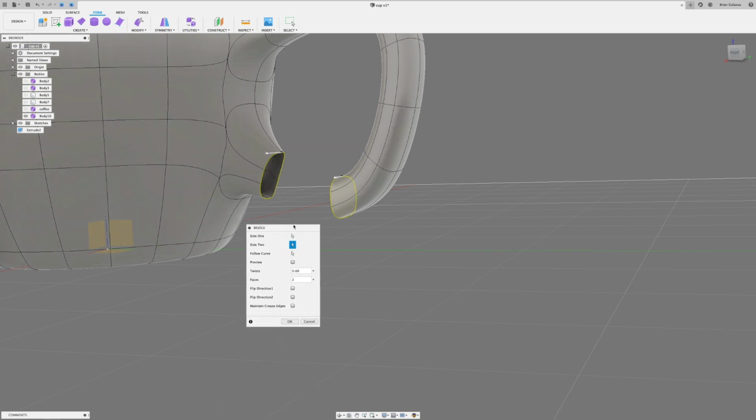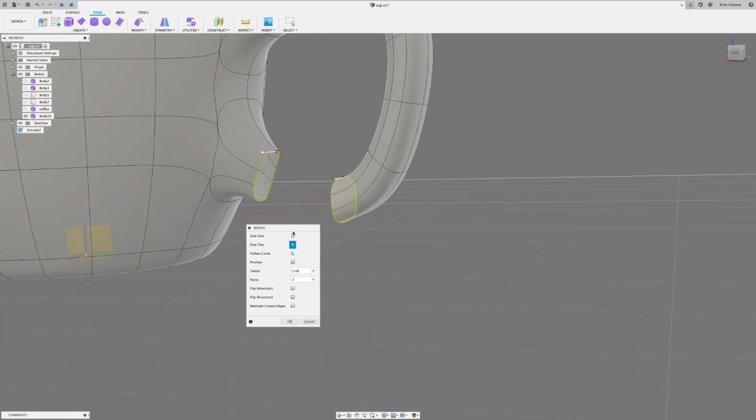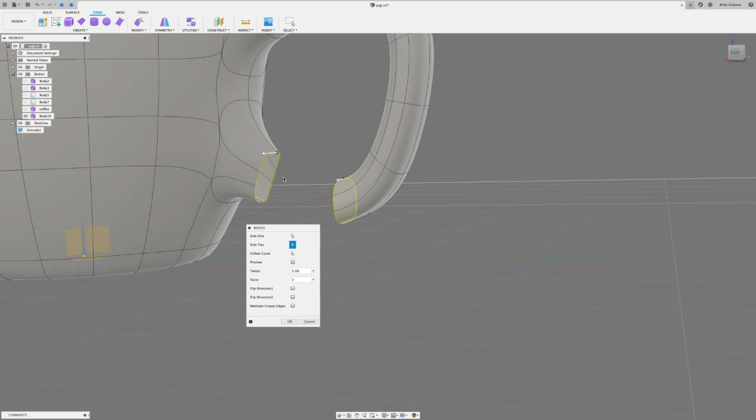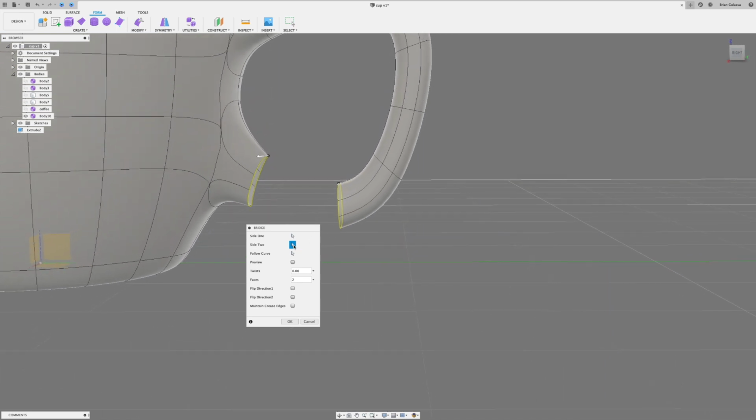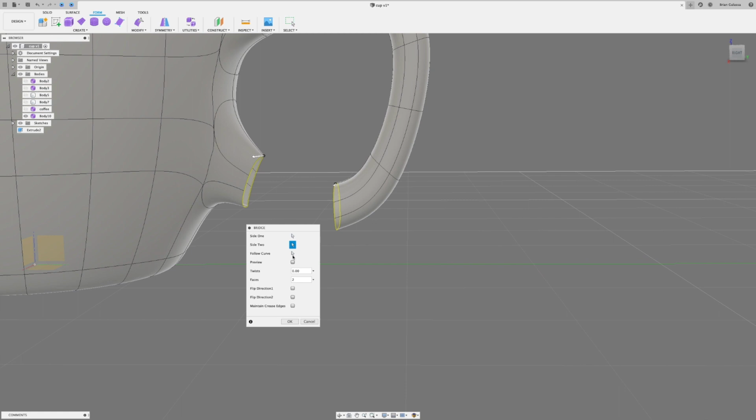But a lot of times pay attention to these dialog boxes because they're actually prompting you to do something, and a lot of times it's not clear why it's not working, but it's because you're not following the steps in the dialog box. So the next thing is follow curve. If I could actually have this follow a specific curve. I don't have that in there right now, so I'm just gonna,